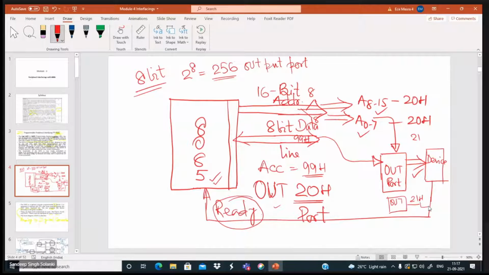There also the device is connected. Now this device wants to say to 8085 that I am ready or not. Then how this ready will be shared? Because you are having only one pin here.